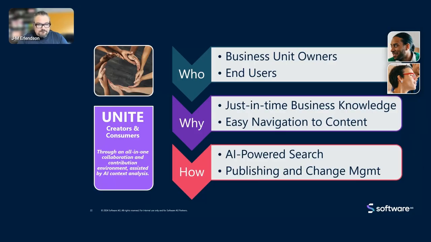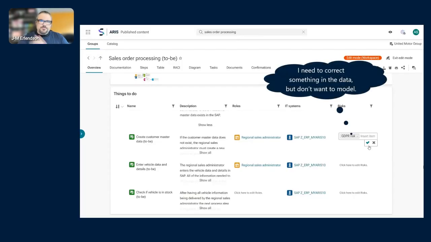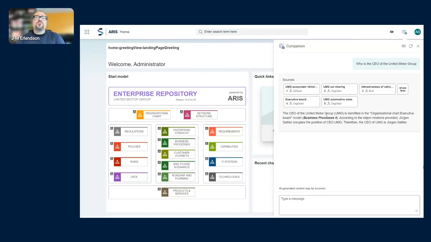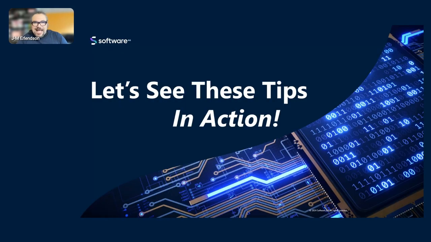I love it. But all of this is just talk. We're saying, hey, these are all things you should do. What if I could show it to you? Here's a good example of adding something that I wanted to have in my model, or searching the repository for exactly what I wanted and having it provide that knowledge to me. But in today's conversation, we're going to give you a demonstration of how this might also work by showing you how it could actually go in action with an example process. So if you will permit me to